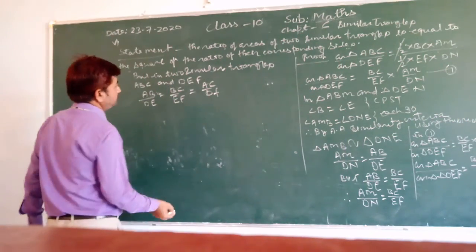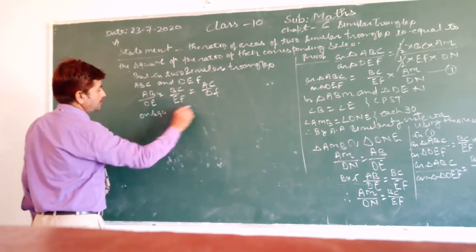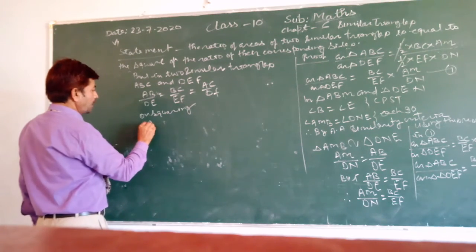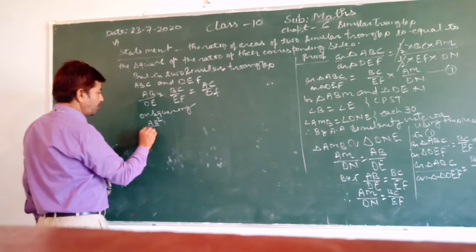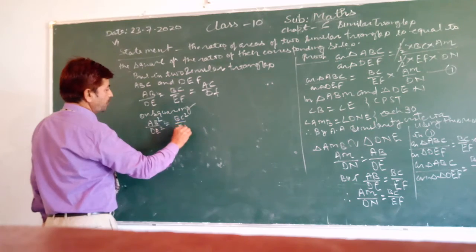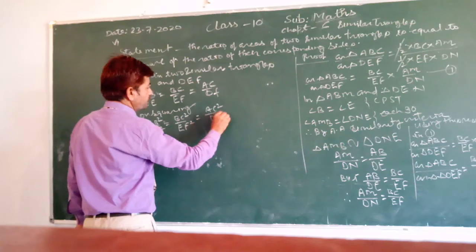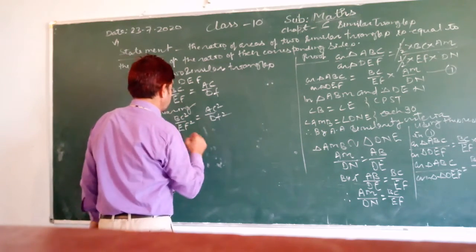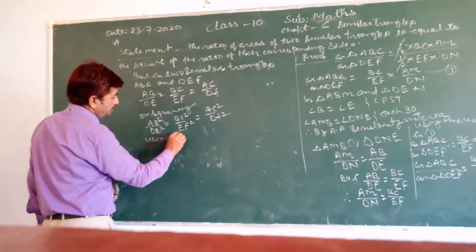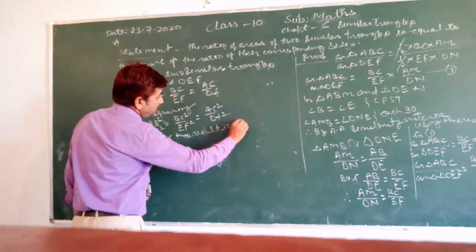On squaring each term, AB square upon DE square is equal to BC square upon EF square is equal to AC square upon DF square. Using this result in the second relation,